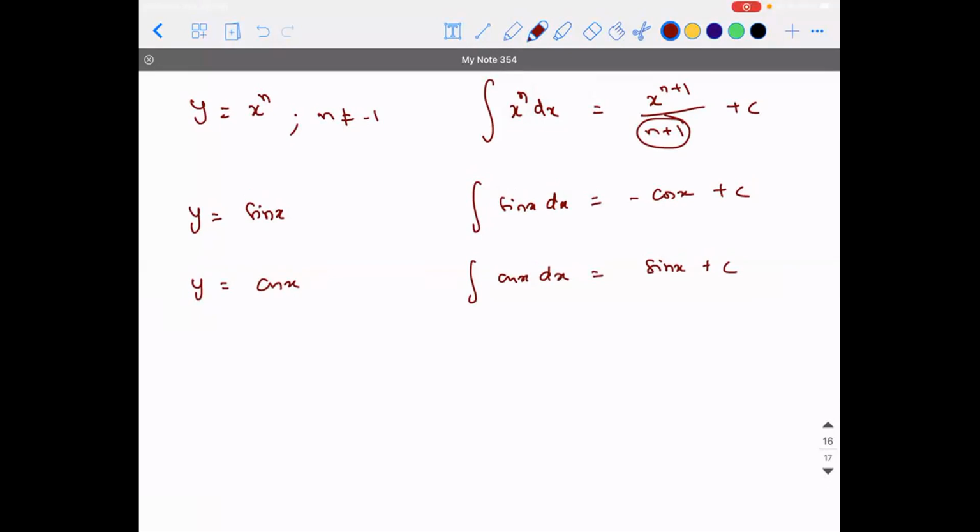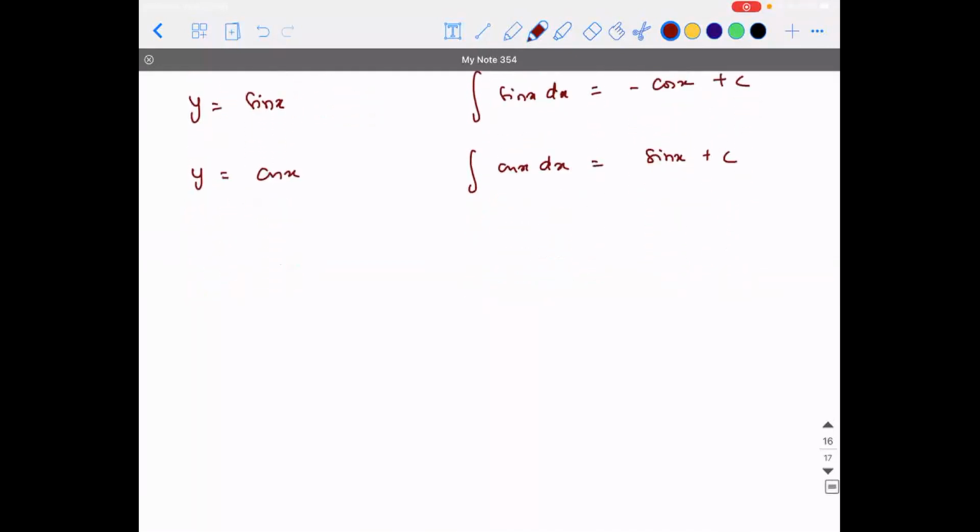You call it log x. The integral is log x. As I told you, those things are not needed now. That is why I'm not stressing. As of now, n equal to minus 1 is not applicable for the formula x power n. Okay, if you want, you can write it down. If it is x power minus 1, it is nothing but 1 by x. So the integral of 1 by x dx is nothing but log x base e plus c.